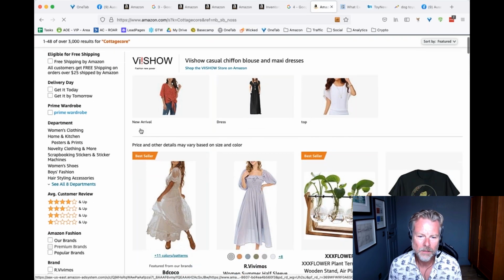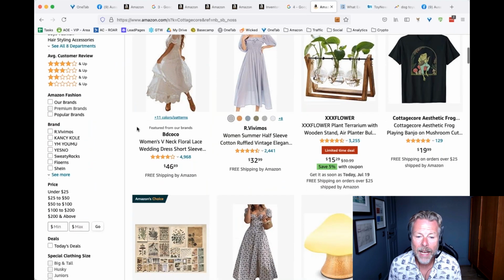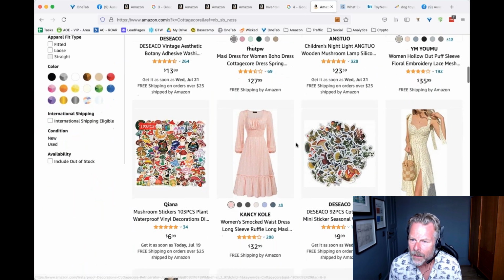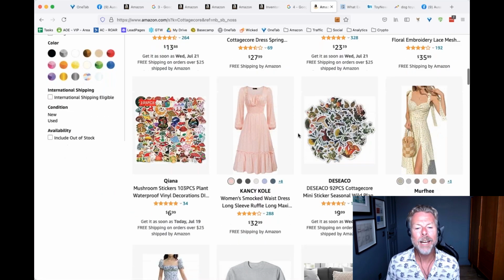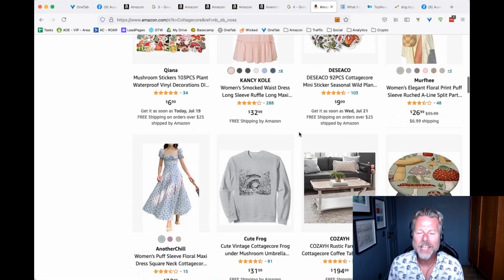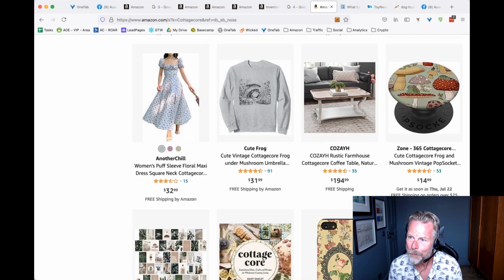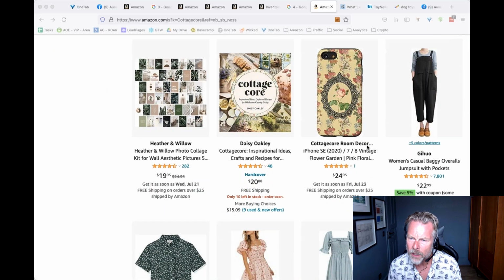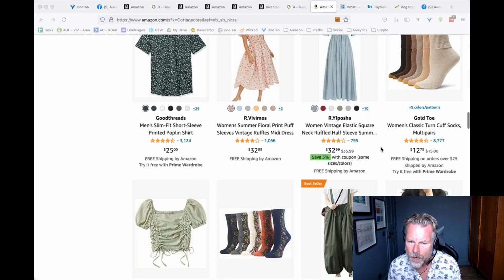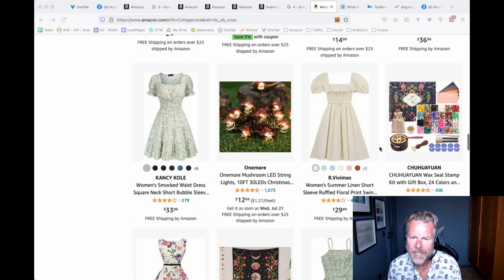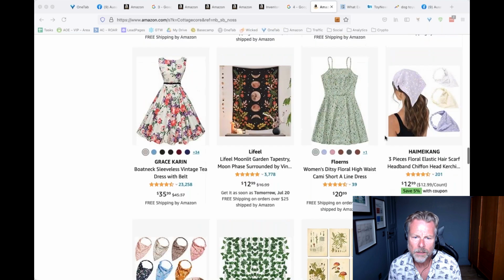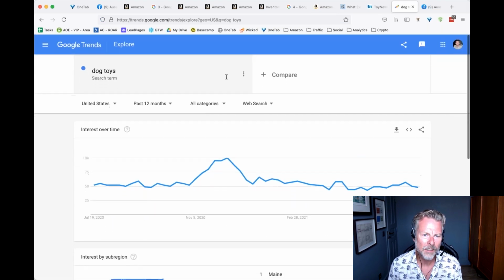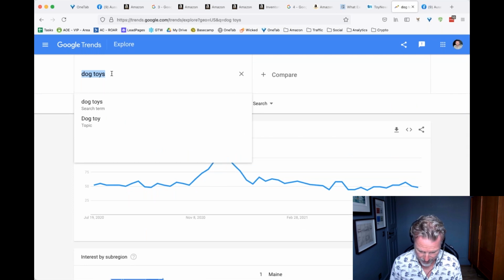All right, well, turns out it's a thing. I'd never ever heard of that. It just looks like what your grandma used to wear and where your grandma used to live. But look at all the frigging stuff for it. There's books on it, clothes on it, interior design things on it. Interesting. I mean, I don't know what the hell it is, but